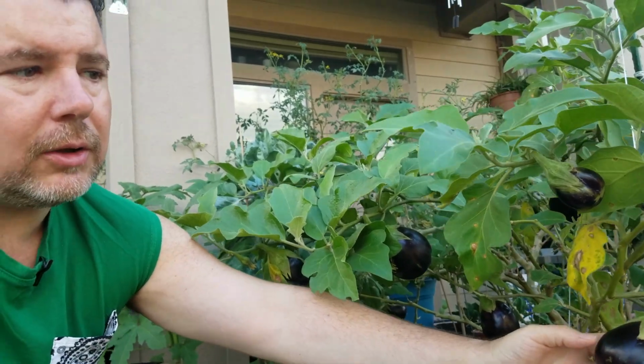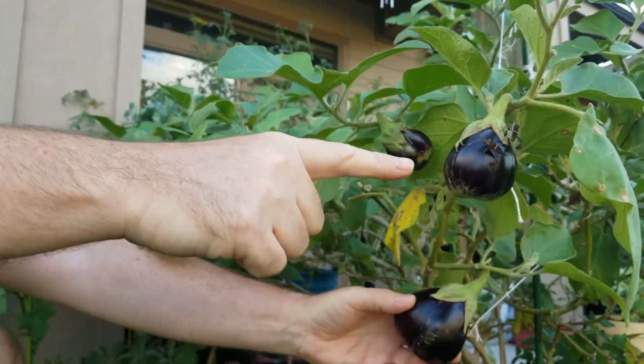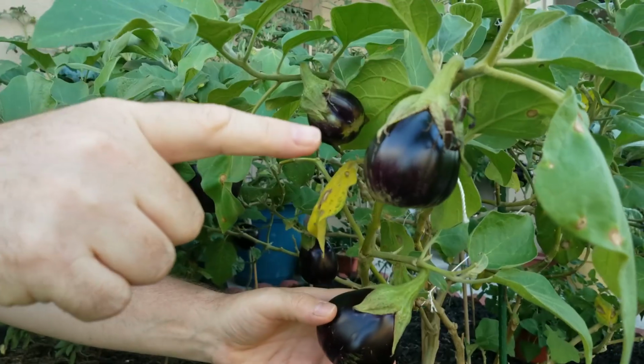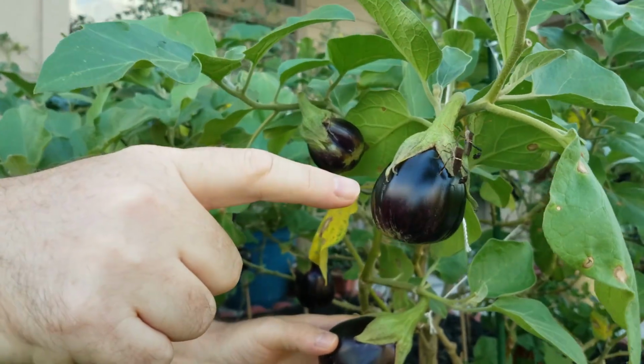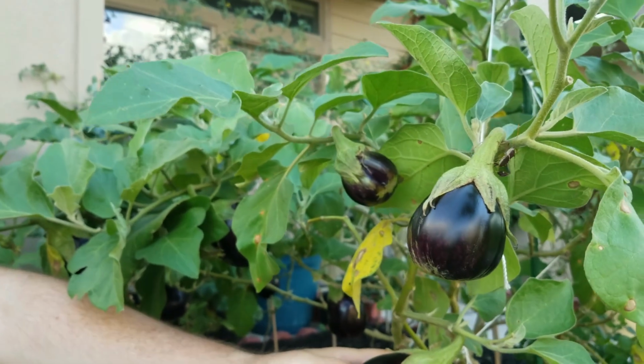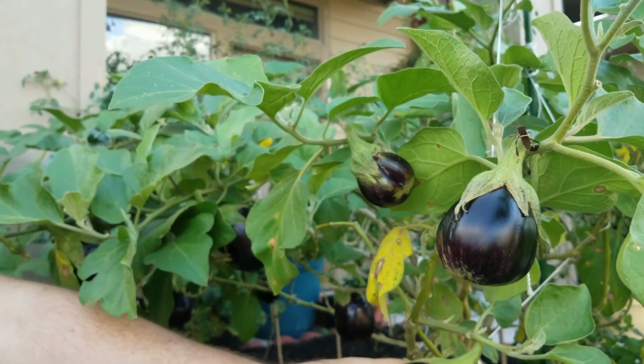Also, look at this. If you look right up here, I just noticed these are squash bugs that will get on our plants. We're going to have to get these because they will decimate the plant here. So we're going to go ahead and get rid of those, and we'll come back and show you how to